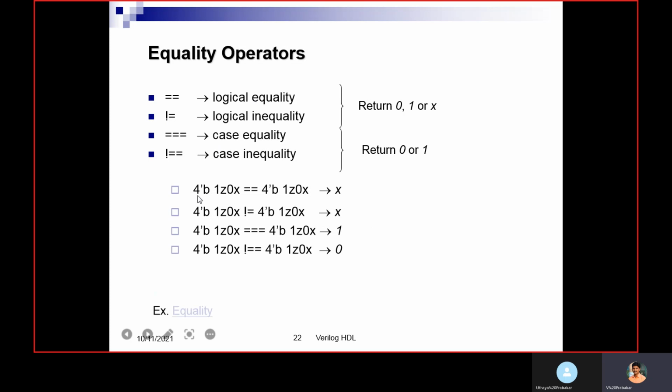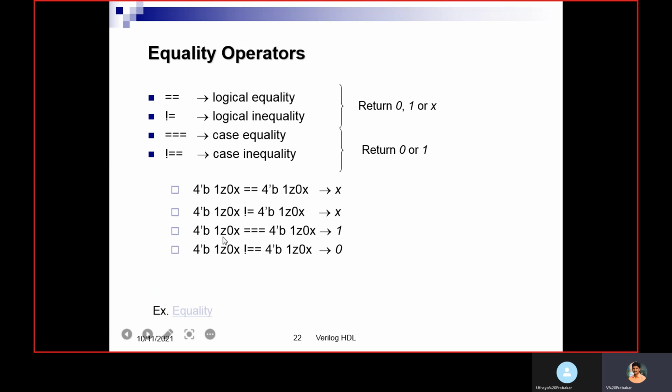Here in this example, we are checking these two expressions with the help of logical equality. If x or z terms are present here, our output will be x. For equal or not equal in the given expression, if x and z terms are present and you use logical equal or unequal, you will get x as the output.